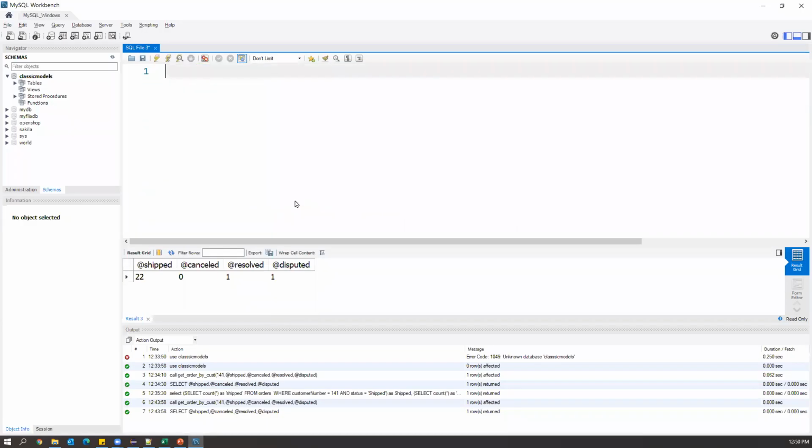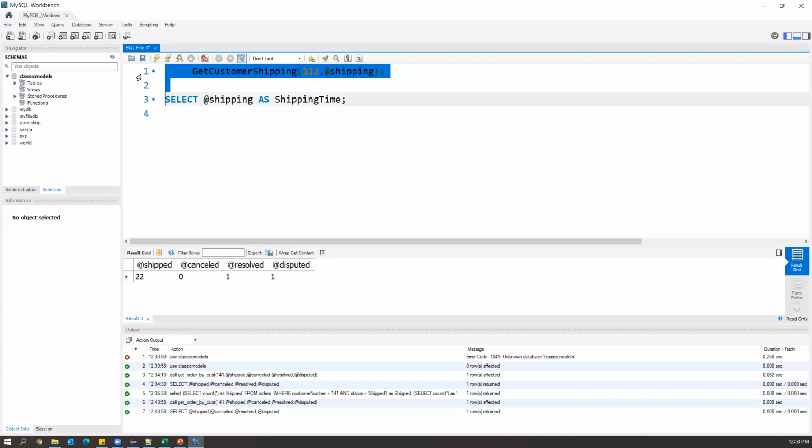Go to the SQL client, and from here, first we will see what it is exactly returning. When you pass 112, first we need to execute the stored procedure call by passing the input parameter, and then the output will be stored in the output parameter. And then I'm accessing that output parameter by using an alias. An alias is just a name I'm giving the column. If you don't specify it, also no problem. So let me execute the stored procedure call first.